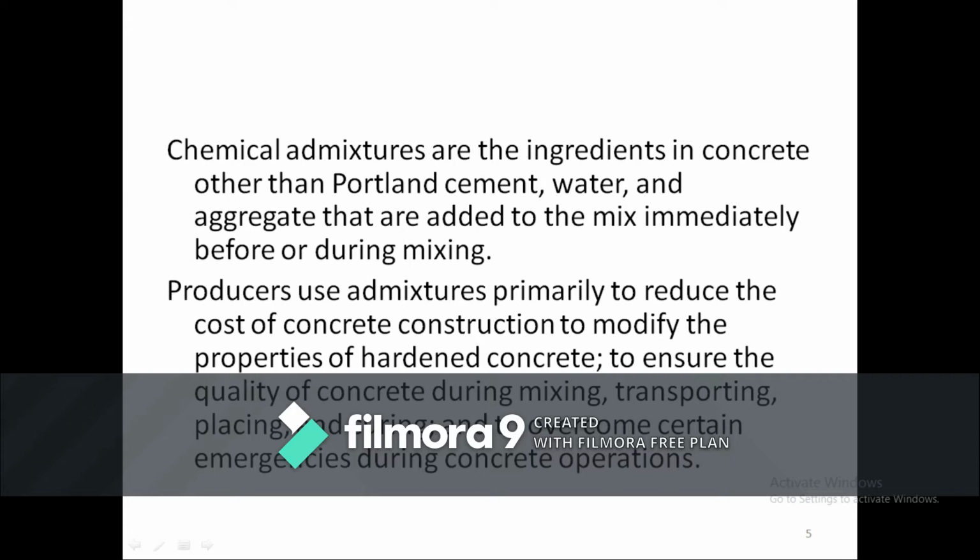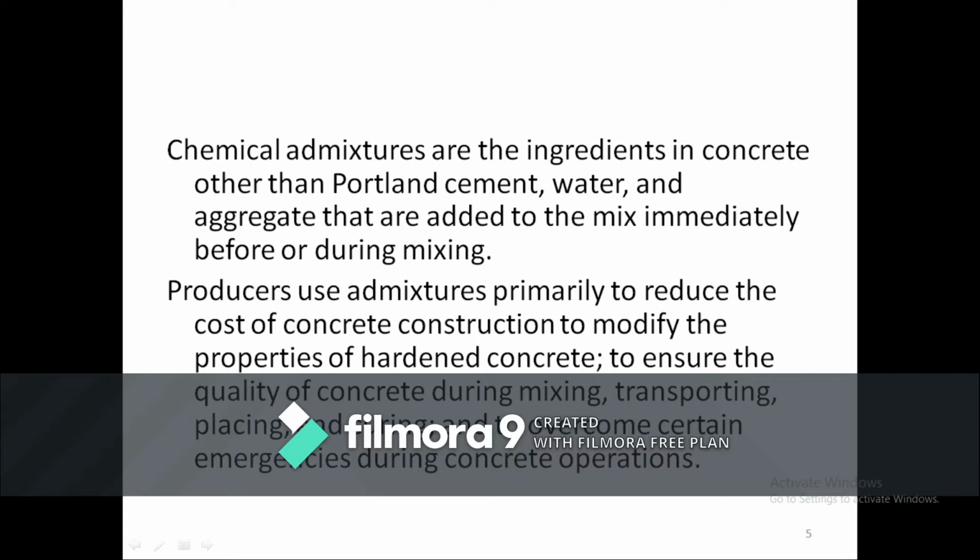During mixing you are adding all these admixtures and trying to change the properties. Generally even in concrete, the materials which are added in order to change its properties, such things you are going to call admixtures.